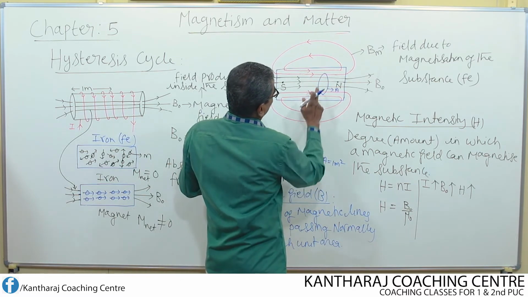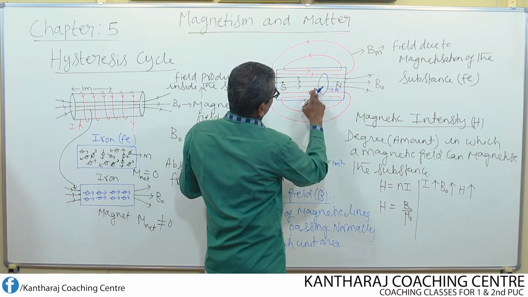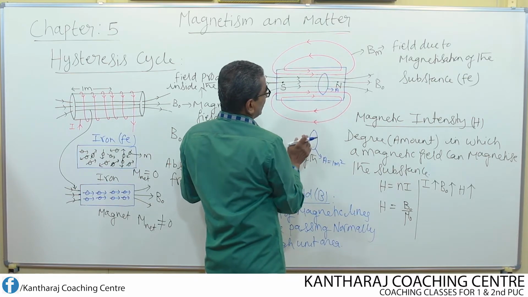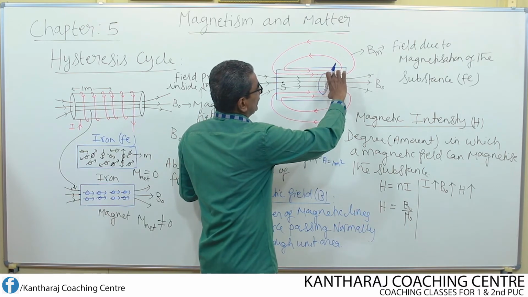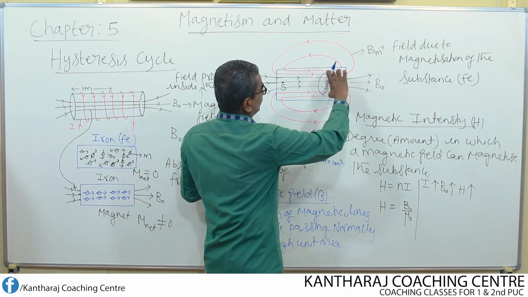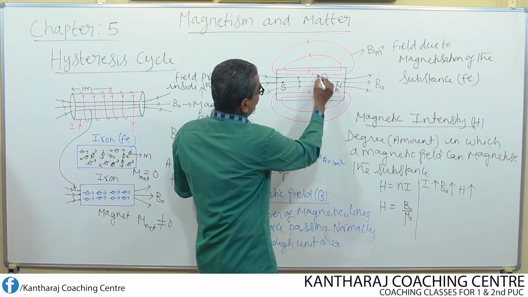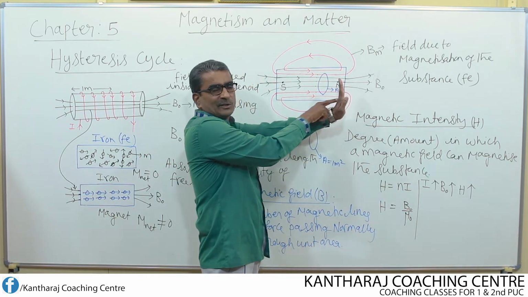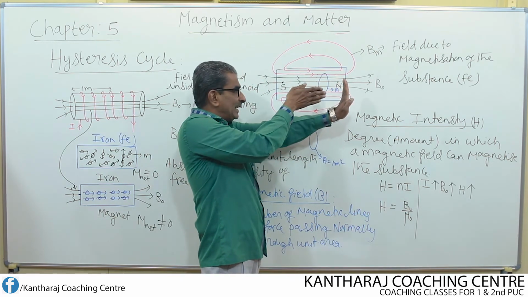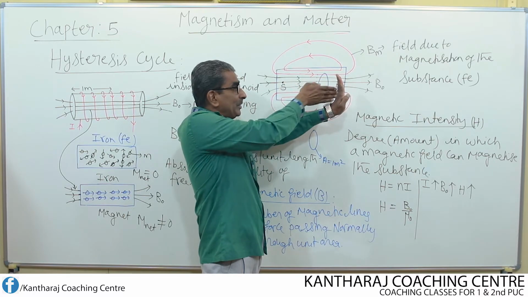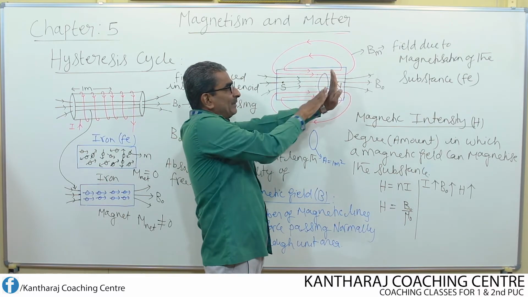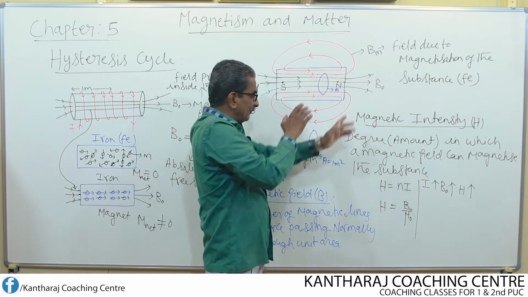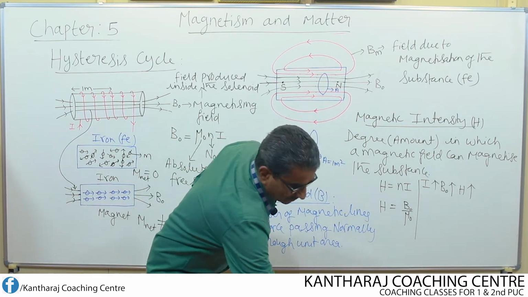As per this figure, 1, 2, 3, 4, 5. So this one, this and also this. Totally 5 lines. What about these 2 lines? These 2 lines are out of this area. Therefore, I am not going to consider these 2 lines. Only I consider 1, 2, 3, 4, 5. Suppose you imagine my hand itself as a circular area, then through this circular area, how many lines of force are passing perpendicularly, not in an inclined manner? The area and the field lines must be mutually perpendicular to each other. That refers to the magnetic field. So let us write this.